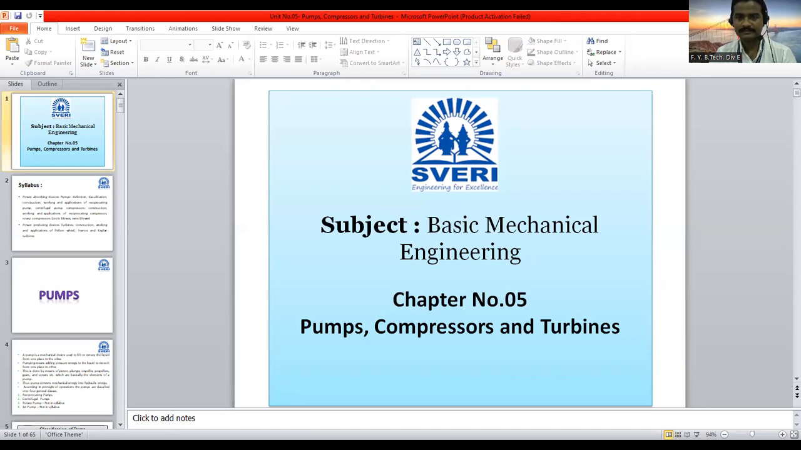Diagram card is Sarvani? Yes, sir. Okay. Now, if you see that the construction details for this lobe blower, or it is also called